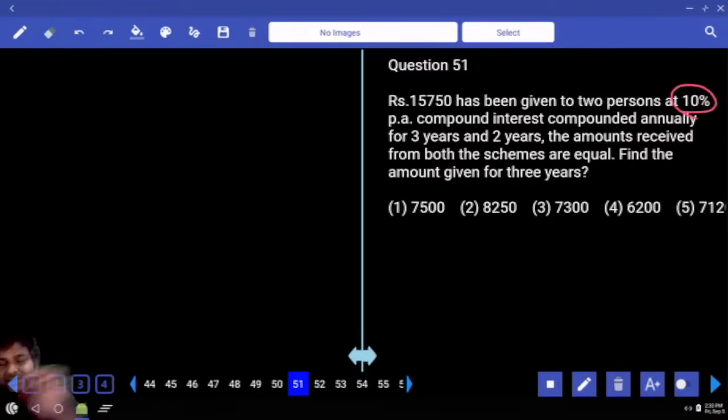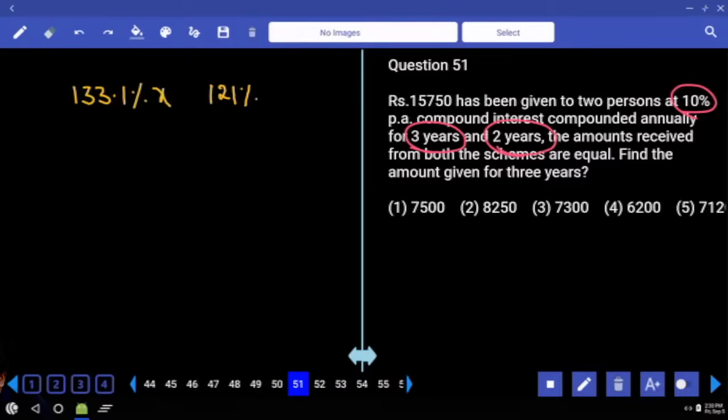What is the rate of interest? At the rate of 10% per annum, compound interest for 2 years is 21%, for 3 years will be 33.1%. Amount received after 2 years, 121%. Amount received after 3 years, 133.1% of X, 121% of Y. What is X? Principal in first case. What is Y? Principal in second case. So sum of X and Y should be equal to